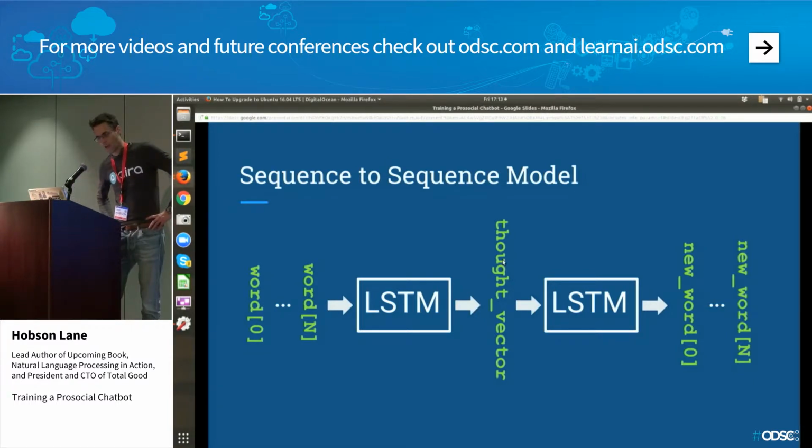Another innovation that's proven to increase the speed of training, especially for these reply or translation-based applications for sequence-to-sequence models, is to reverse the order. So you put the first word in last and the last word in first. Anyway, you reverse the order of the words going in so that the words coming out are coming out in the same order. They're co-aligned in time with the ones coming in, and that helps the attention